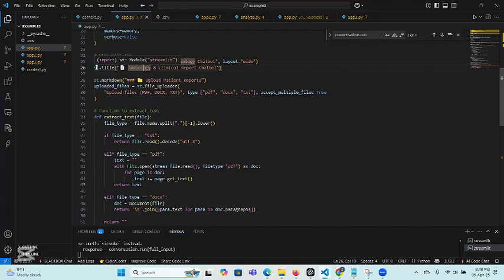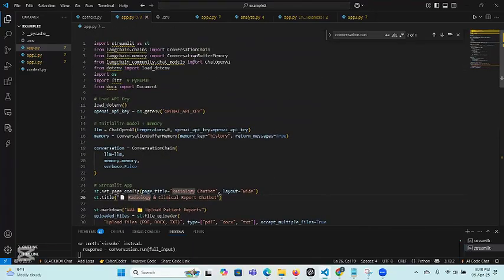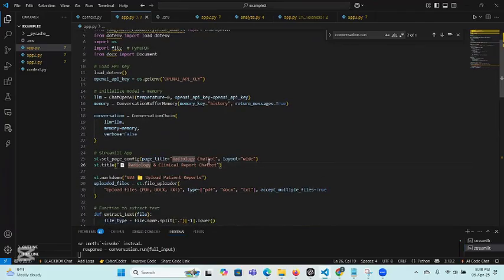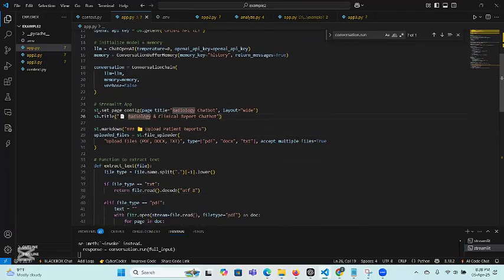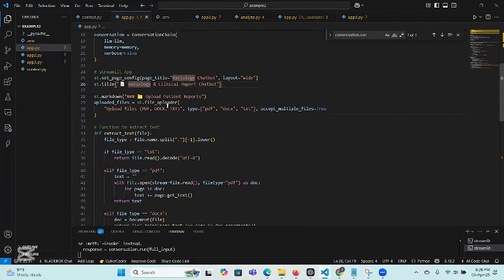ST is the Streamlit. ST means Streamlit, that is the library. See, import streamlit as st. That means that is the Streamlit library. So we are using that. I'm just explaining these things to give you an idea that it is not difficult. It's more similar to human language. Okay, then